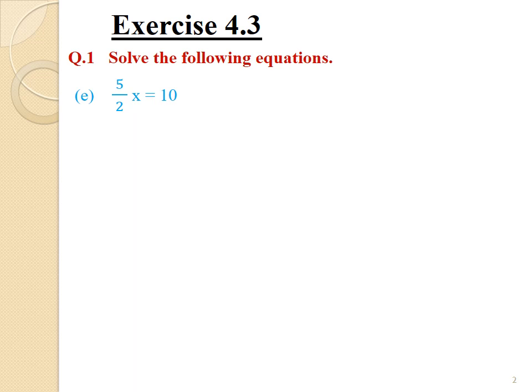Students, in this equation, 5x upon 2 equals to 10 is given, where 5x is divided by 2. So, in order to solve this equation by transposition method, we have to first transpose a denominator 2 from left hand side to right hand side by changing its sign from division to multiplication. So, let's transpose 2 by changing its sign. Transposing 2 from left hand side to right hand side, we get